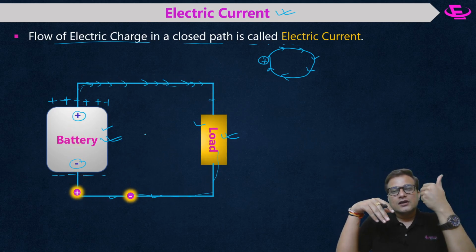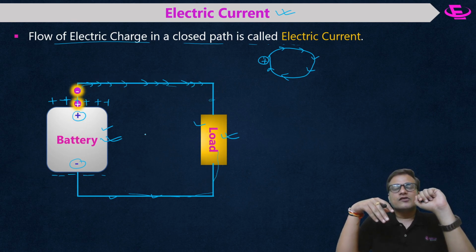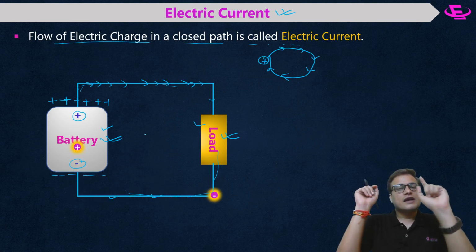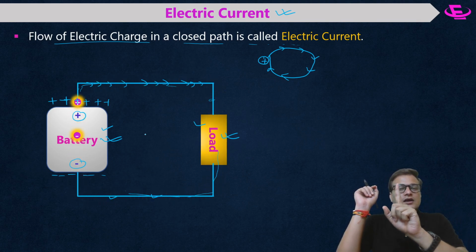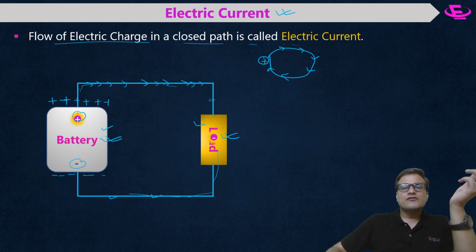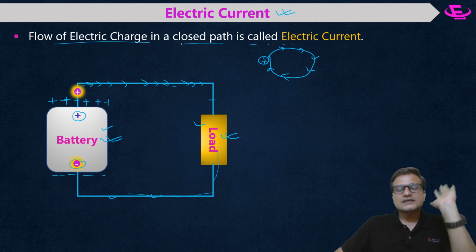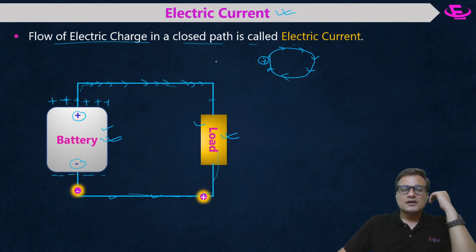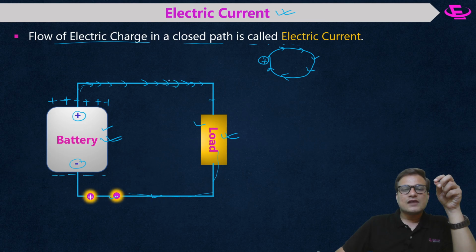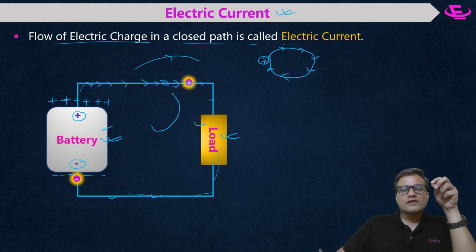Now what is your confusion? Your confusion is what should be the direction of electric current, because the direction can be only one. There can't be two directions of electric current. So what can we say? Since the flow of electric charge is called current, whether the negative charge or positive charge, both directions, whether from left to right, clockwise, or even anti-clockwise, can also be the direction of current.